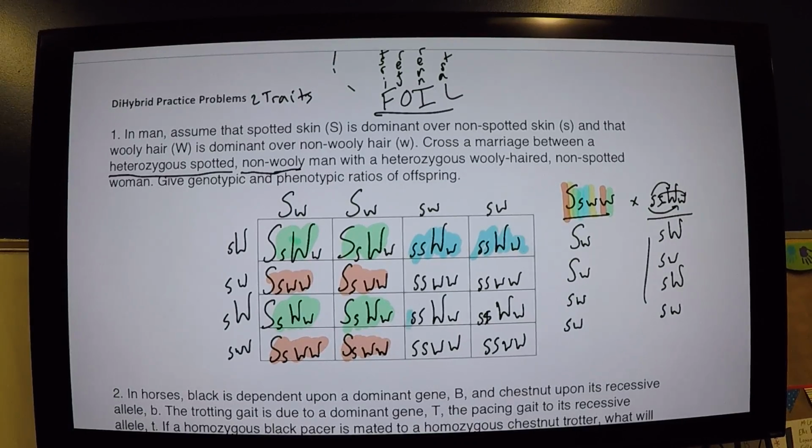These are going to be similar. And these are going to be similar. So you can learn to look